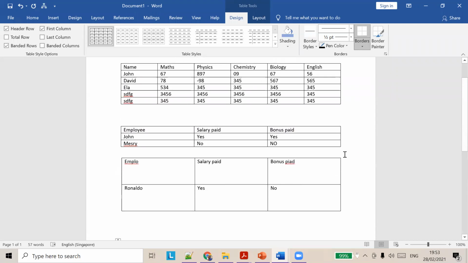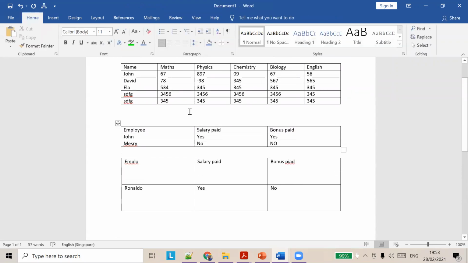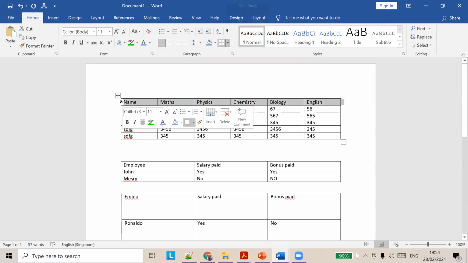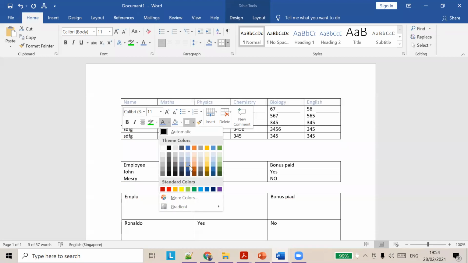So apart from that, we see how to format these tables to make them more presentable. Okay, so what we can do is we can add colors, background colors. So this is a heading. Let's say I want the heading to be in a different color.